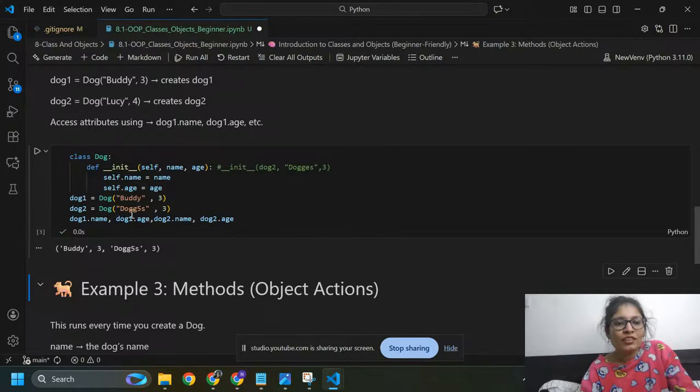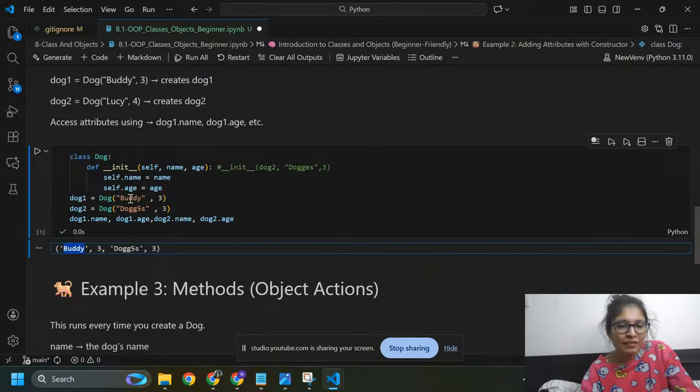So here I got dog1, its name is Buddy, and its age is 3.